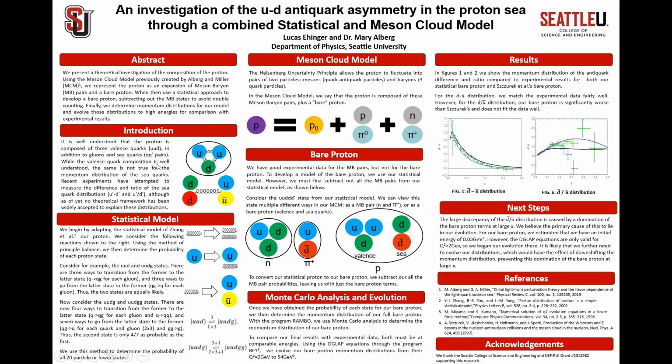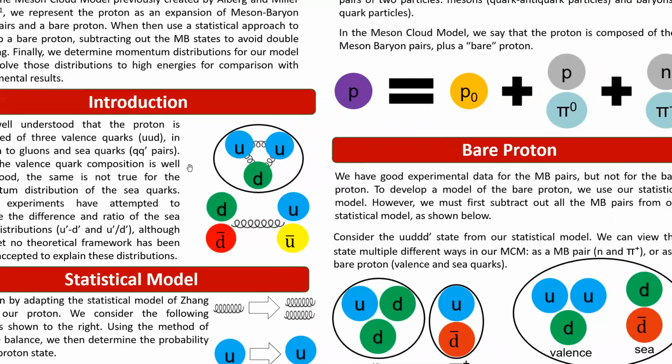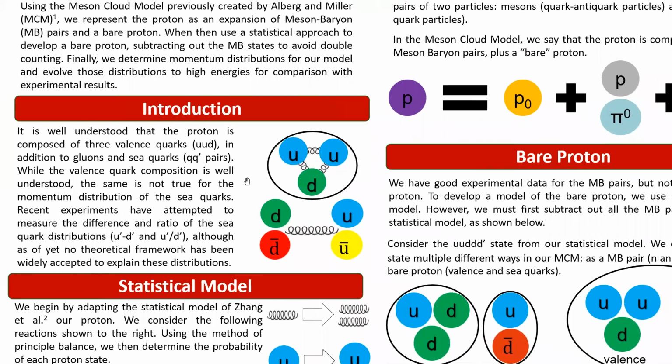So I'm going to begin with a basic overview of particle and nuclear physics, focusing in on the proton. As you know, an atom is composed of protons, neutrons, and electrons, and we can even zoom in on a proton and a neutron and see what that's composed of. Protons and neutrons are composed of what we call quarks. Here we work with two main types of quarks, up quarks, which are designated with a U, and down quarks, which are designated with a D. The proton is composed of what we call three valence quarks, that's two up quarks and one down quark. And these three quarks are kind of the base constituency of it.